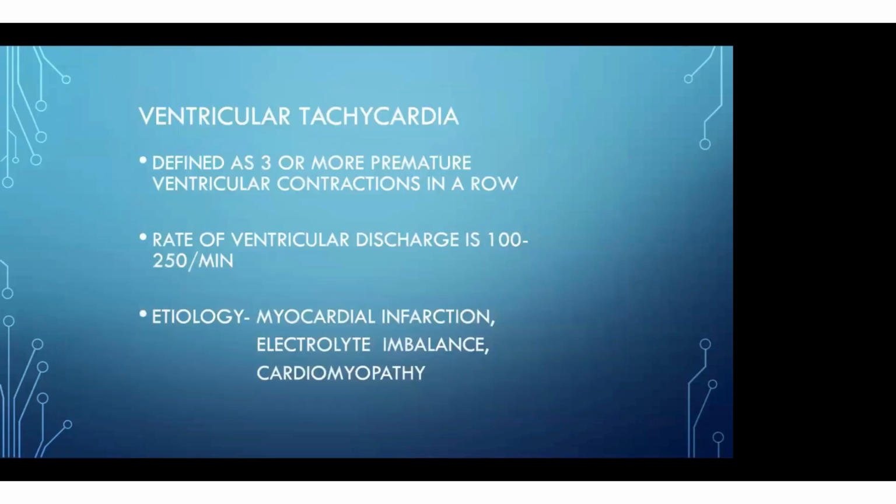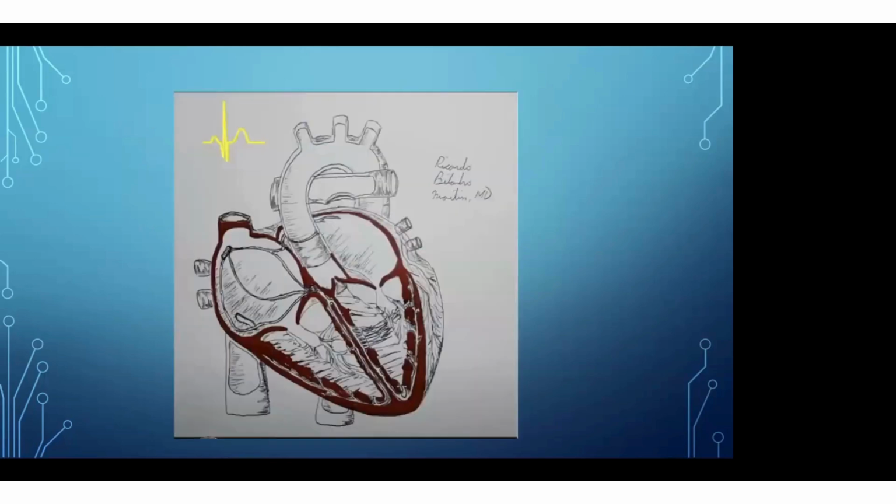The ventricular tachycardia definition is three or more premature ventricular contractions in a row, with a ventricular discharge rate of around 100 to 250 milliseconds. Usually we see it in myocardial infarction, electrolyte imbalance, or patients with heart failure with reduced ejection fraction. Here is the VT